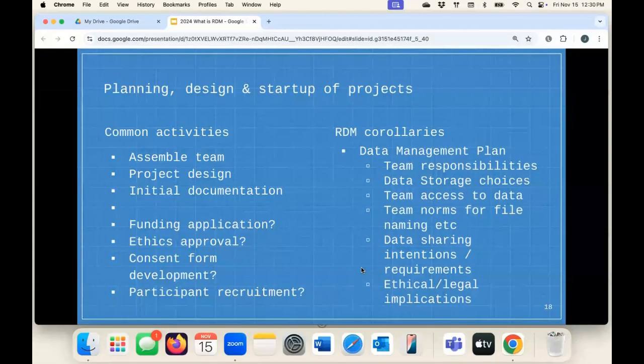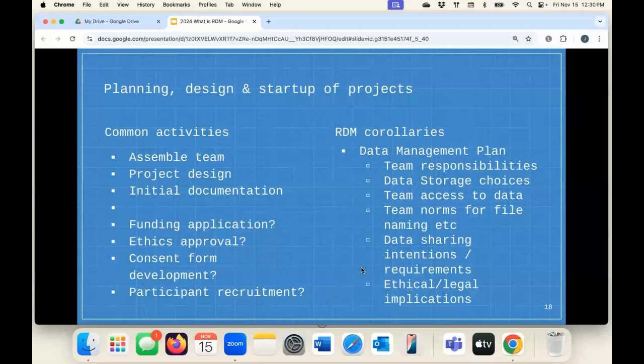So when we're talking about this stage, here are some things that in RDM world relate to this stage. And really what we're talking about in the planning stage is a data management plan. It really lays out all of these decisions that you're making, and hopefully is a document that the whole team participates in developing and has access to over time, so that people can refer back, make sure that they are all following the same stuff or making changes when they're necessary.